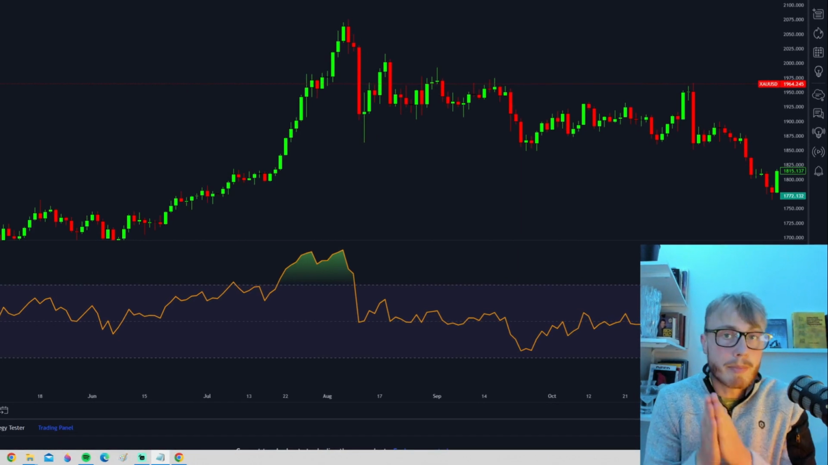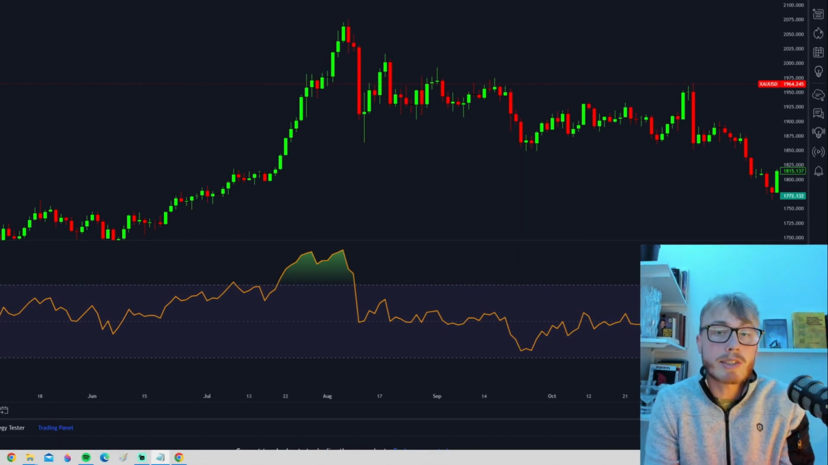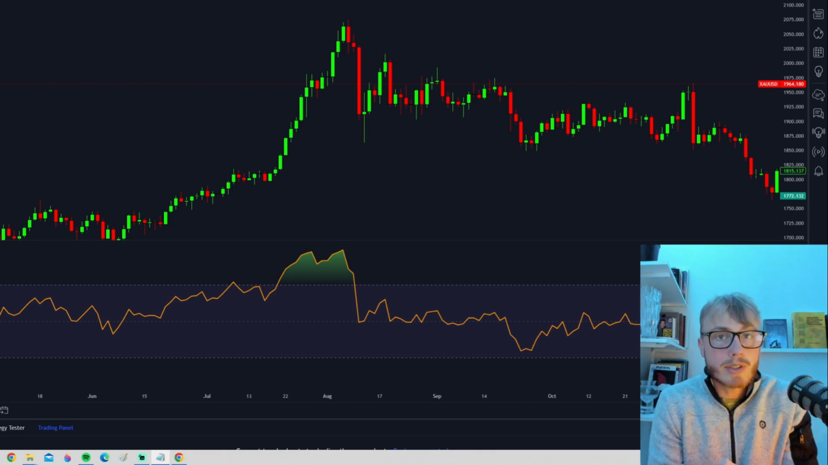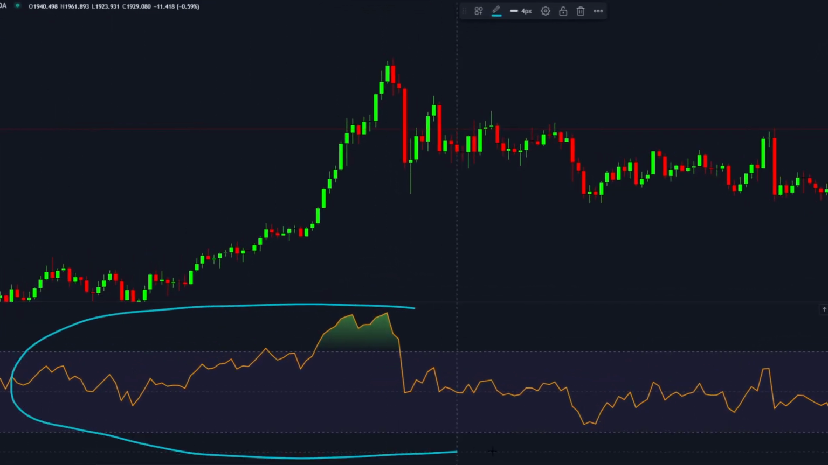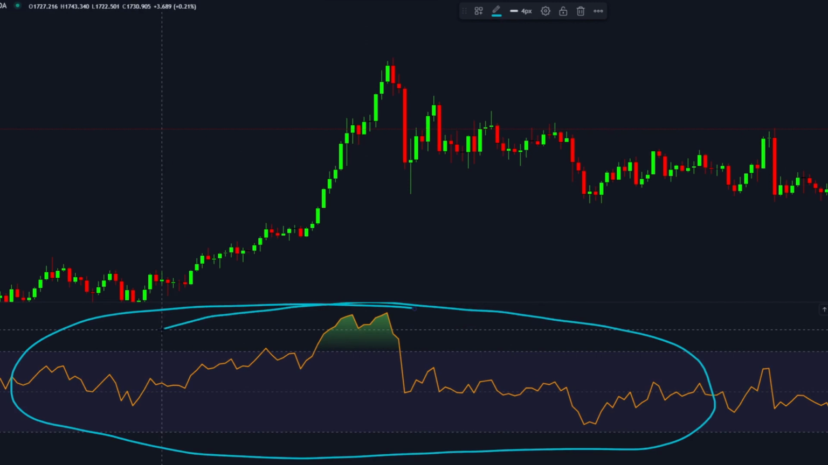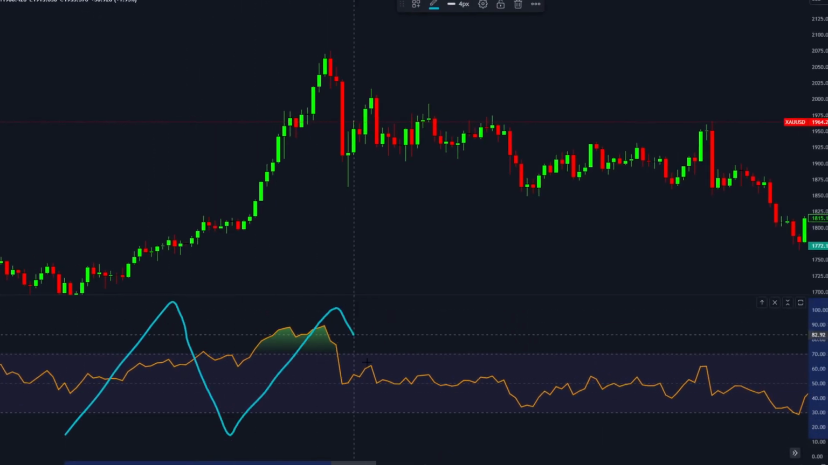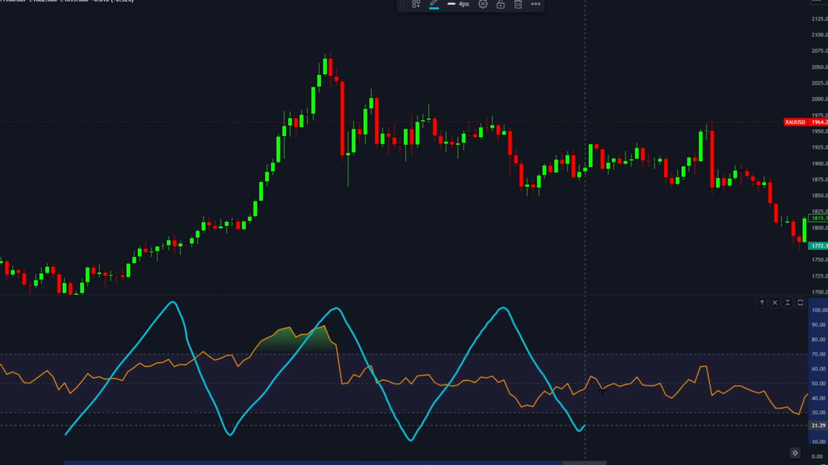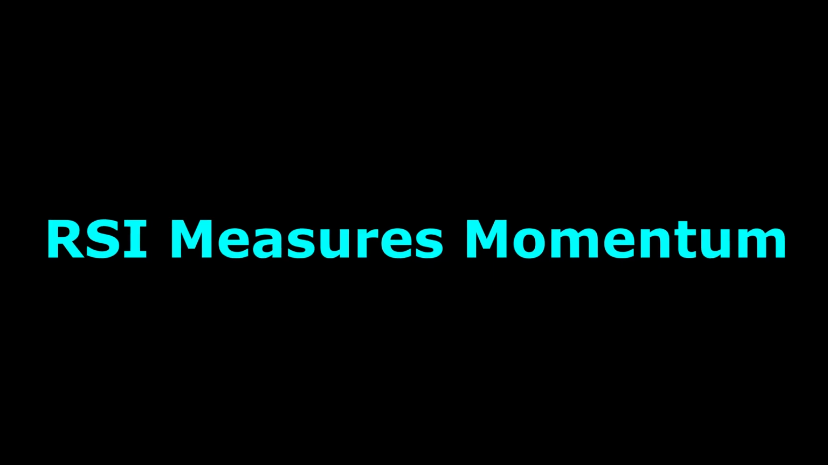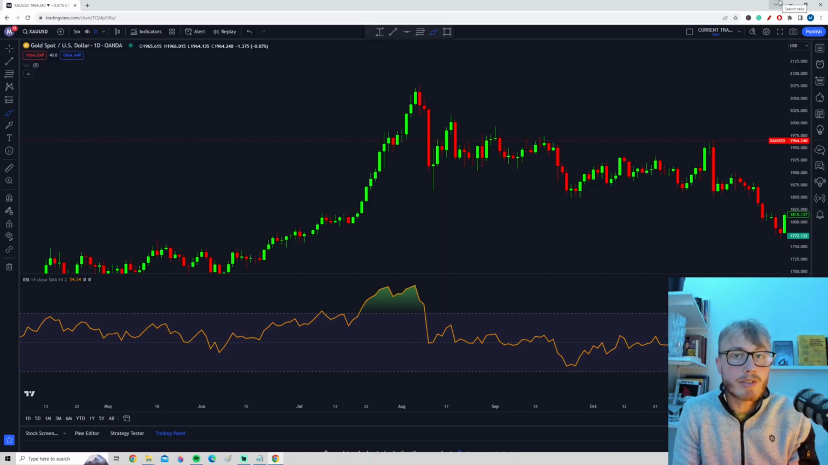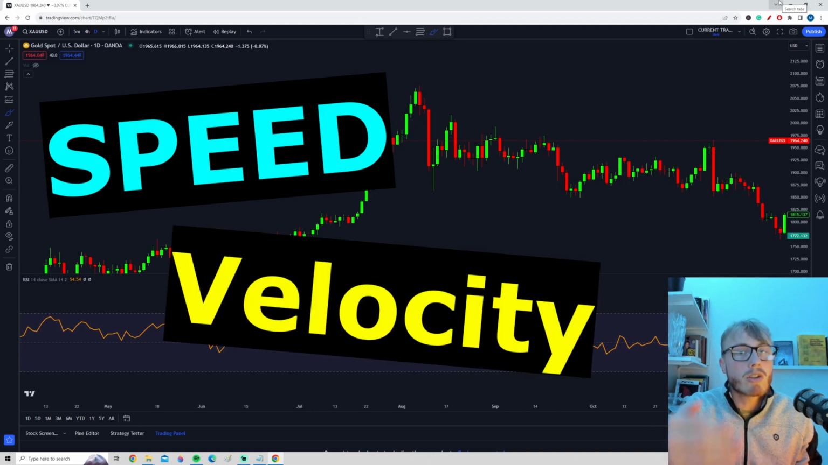So first of all, before we learn about RSI trading strategies and how to use the RSI indicator correctly, it's important that we are on the same page and understand what the RSI indicator is. The RSI indicator is this indicator here on the bottom of the screen, and it oscillates or moves between 0 and 100. But what do these numbers actually tell us about the price? Well, the RSI measures something called momentum, and you can think about momentum as the speed or velocity of the